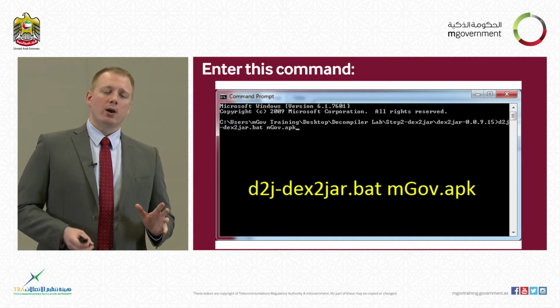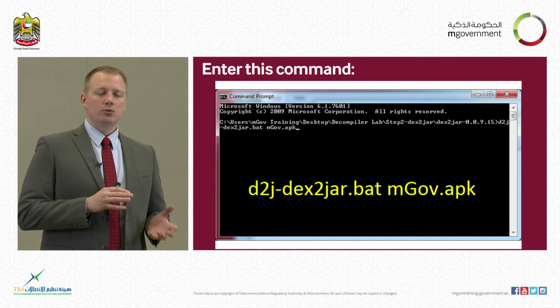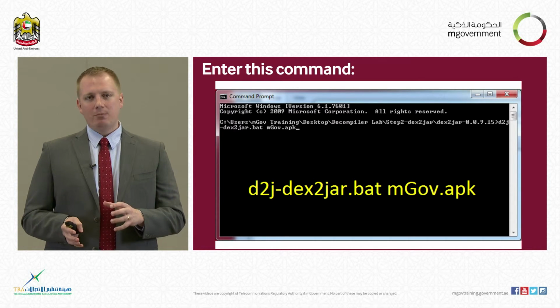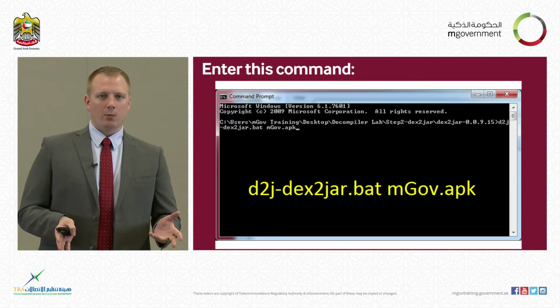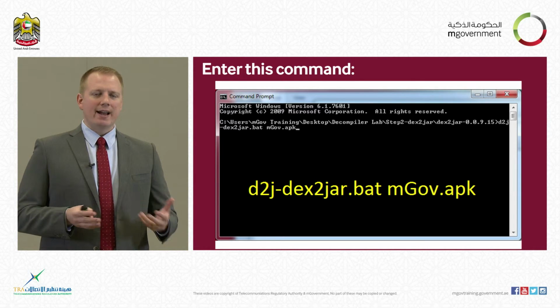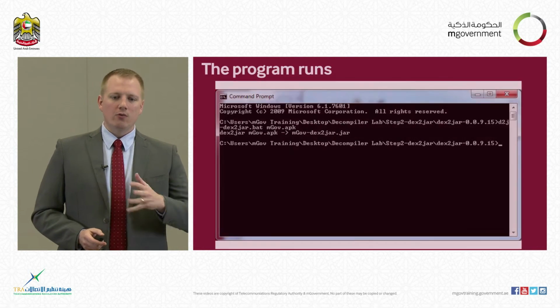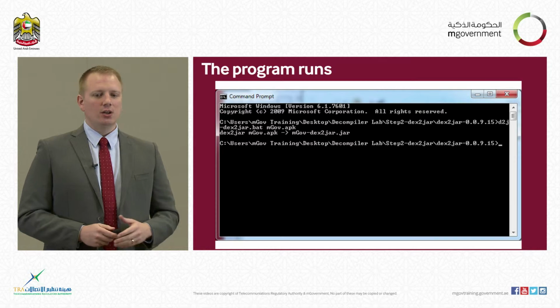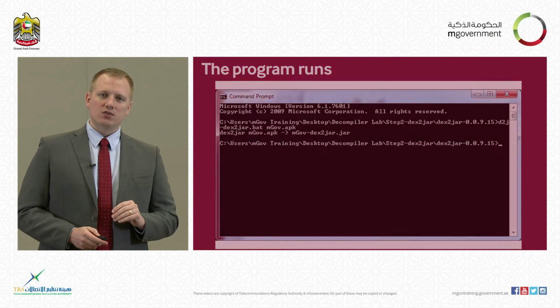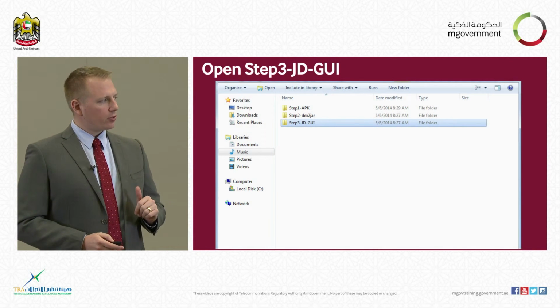So what we are doing is we are telling this batch file to locate the mgov.apk file and do something with it. Well, what does this dex2jar program do? We'll find out. We run the command, it executes,